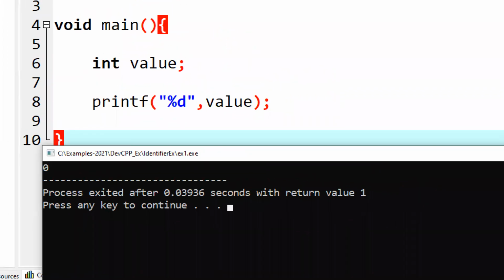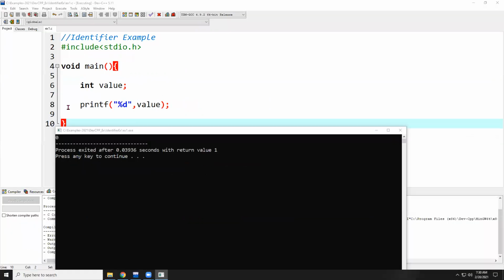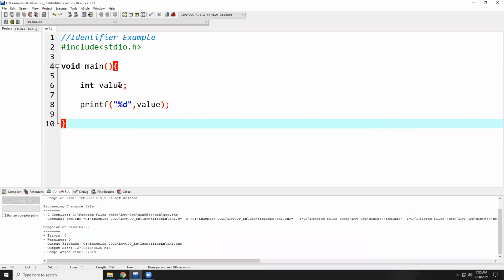We cannot predict the default value of these local variables. But in high level languages, it immediately throws compile time errors. Like if you go with Java, .NET, PHP, without assigning a local variable value, you try to print that value, you may get what? Compile time errors. But in C language, it won't throw any compile time error. It is going to generate one garbage value. At present, it returns 0.